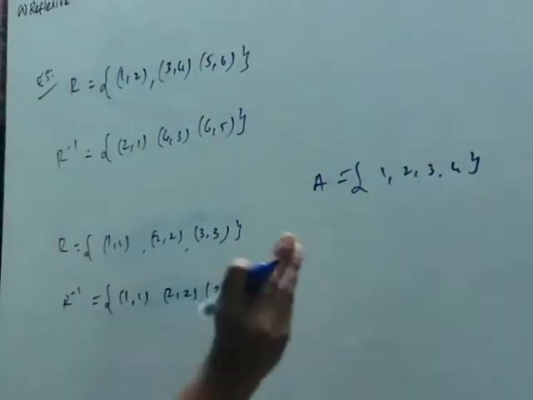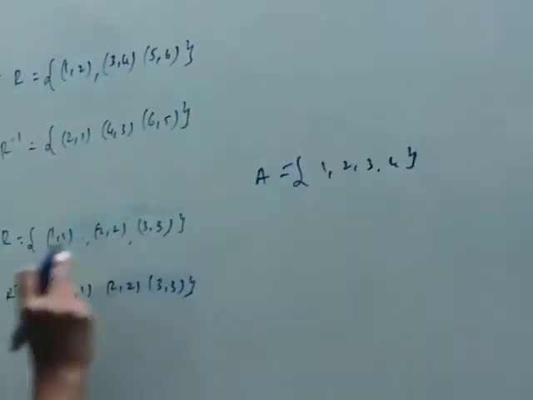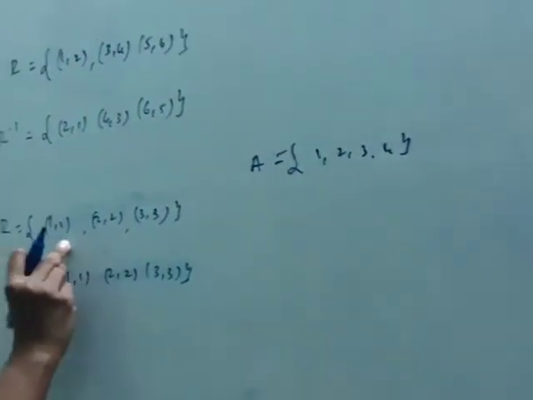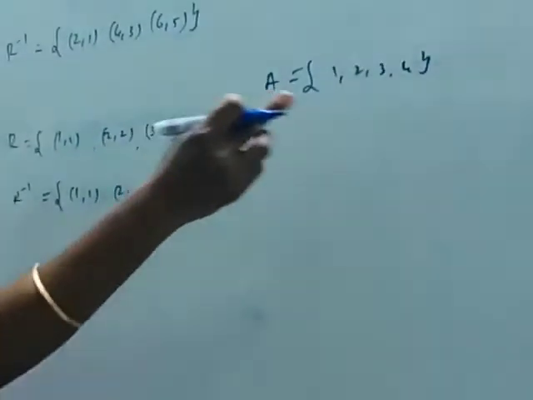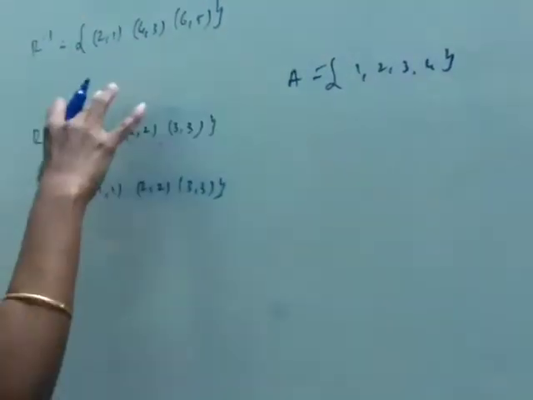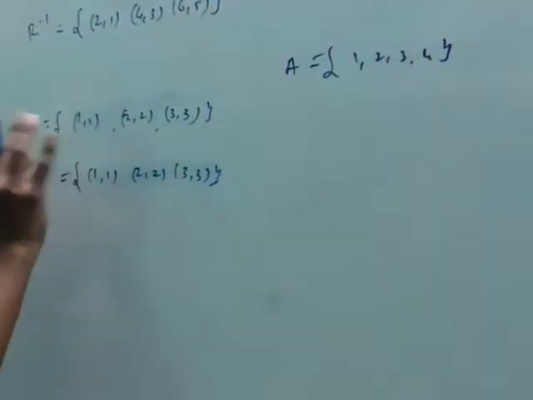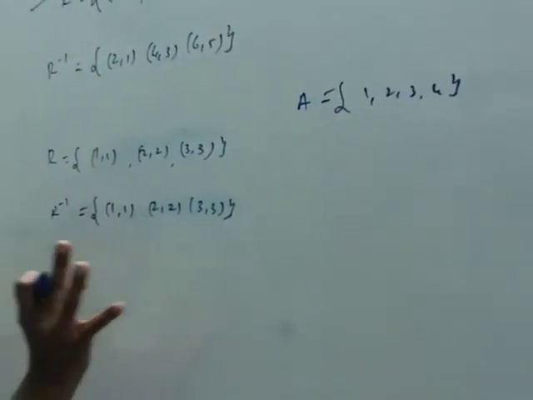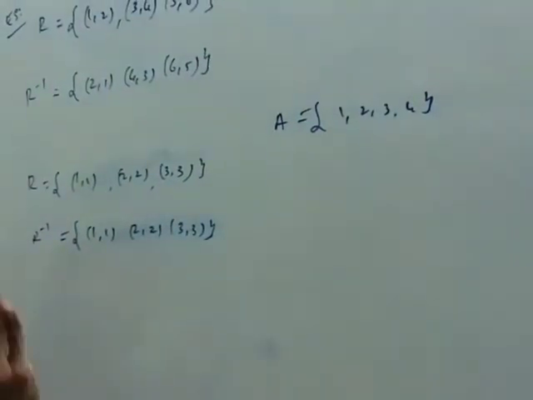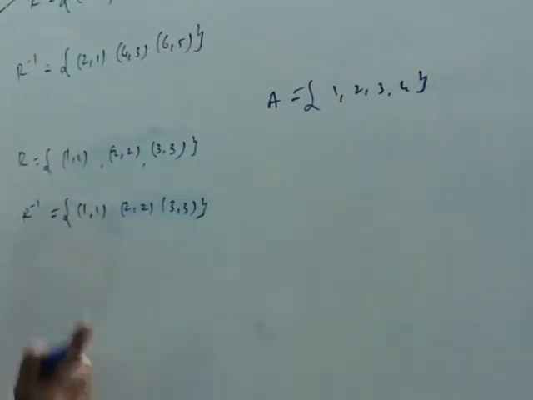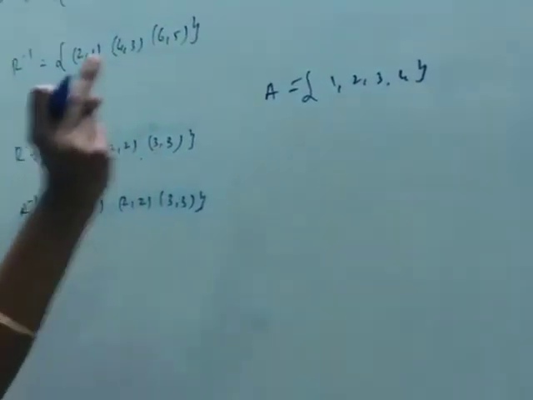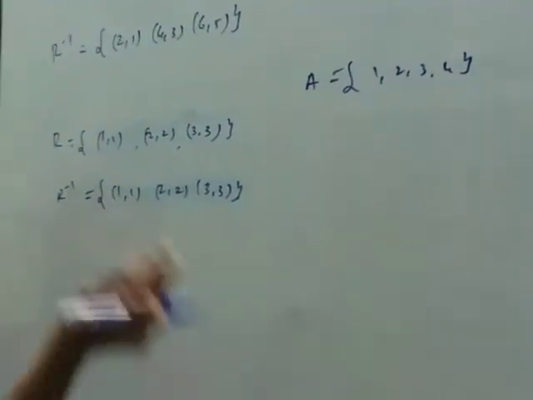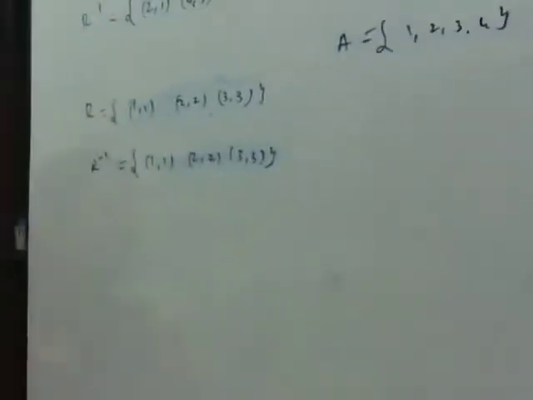Okay? For example, A is 1, 2, 3, 4, but in this relation they are defining only 1 comma 1, 2 comma 2, 3 comma 3, which means it doesn't have 4 comma 4. So the relation will never be reflexive, but it should be a symmetric one. Okay ma? So if R equal R inverse, symmetric only is your chance. And reflexive depends on the elements in that A and what are all the ordered pairs we declared in that relation. Okay, so the answer will be symmetric.